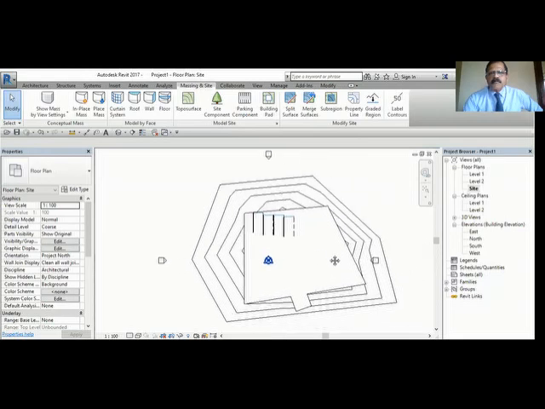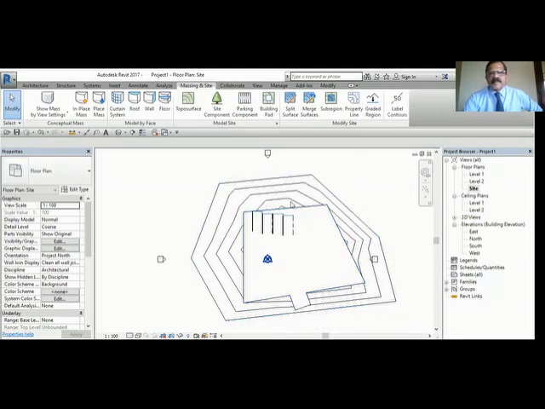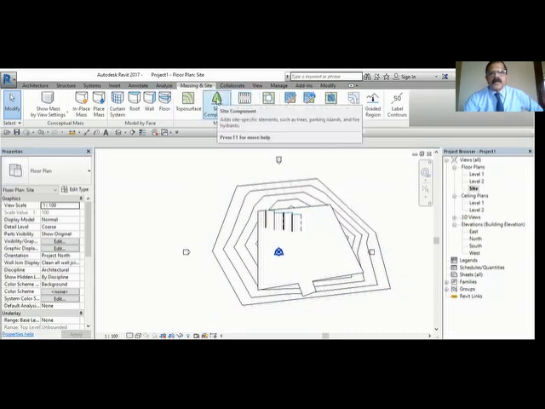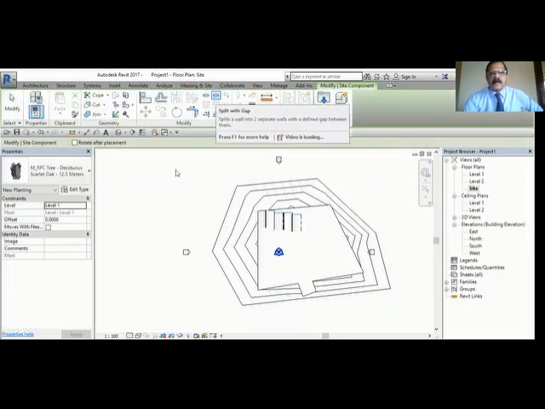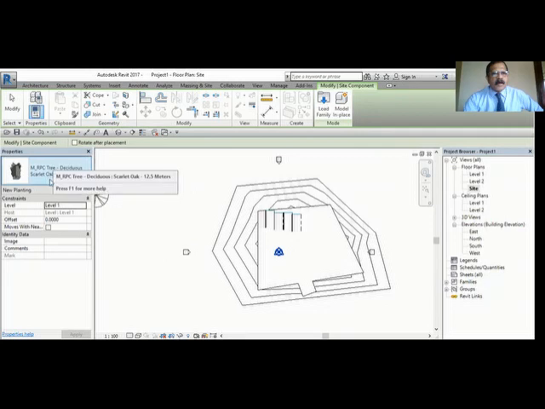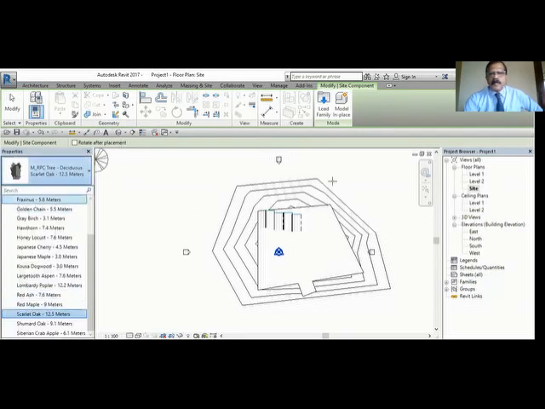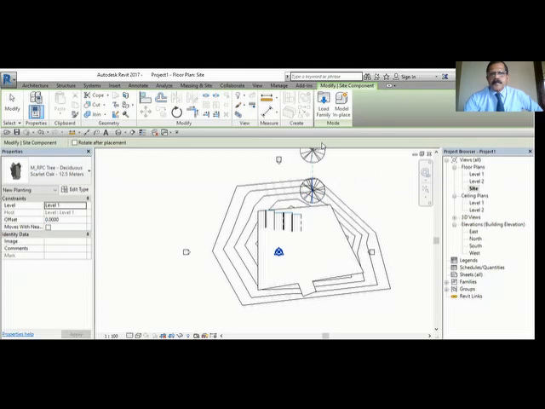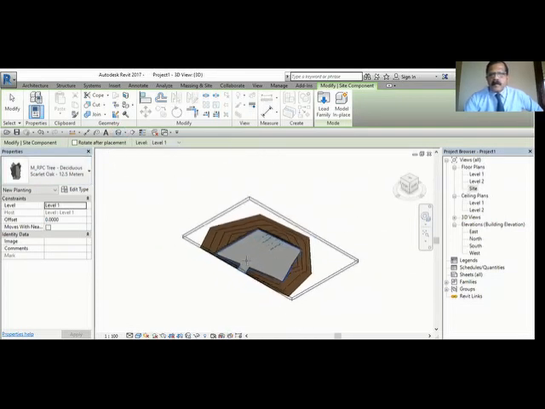Now I want to put some trees here. So when you go to site components, you can see there are a lot of trees available here. So many trees available here. So I put one tree here. You can see from the 3D. That tree.